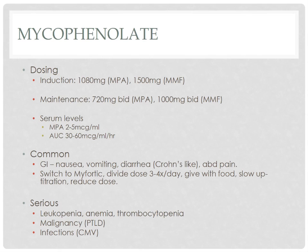For drug level. Common side effect, again, is nausea, vomiting, diarrhea is very common. So you can either switch it to the enteric-coated Myfortic, or you can divide the CellCept dose into multiple smaller doses, multiple times a day. So they may help with the diarrhea a little bit. Sometimes give it with food or lower the dose, but we generally try not to reduce the dose because we don't want them to get insufficient